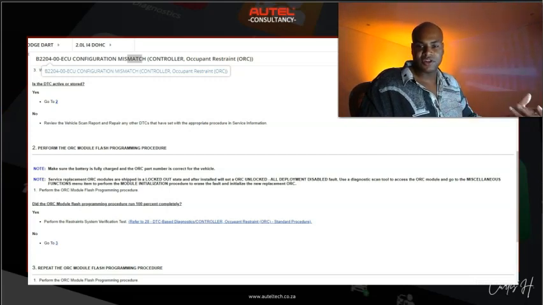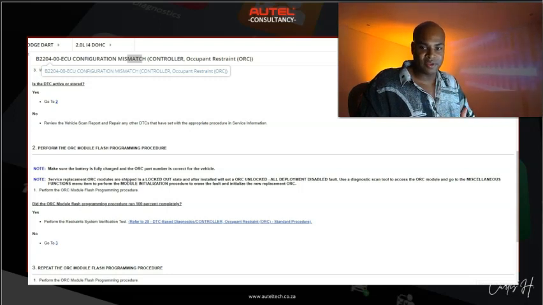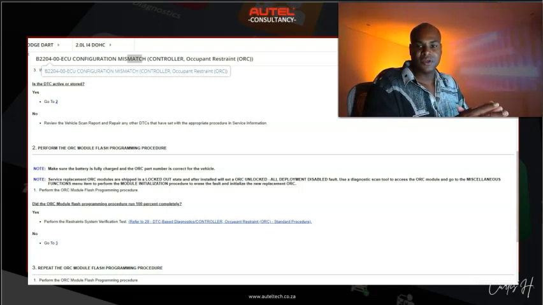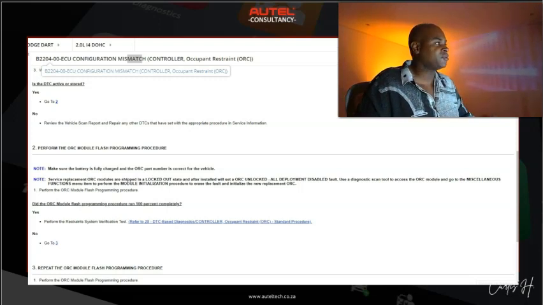So, just for clarification, the Maxisys Ultra cannot reprogram it, okay? Instead, you're going to need to use your flash J2534 and flash program it with the YTech software and a Windows 10 laptop. If you look at the service information, right here, step 2, it says perform the ORC module flash programming procedure. Okay, so this needs to be done through